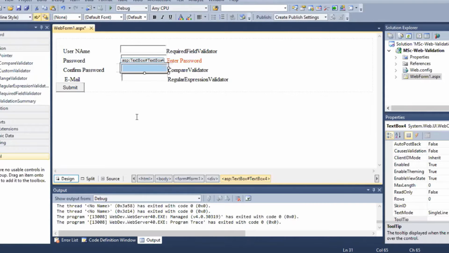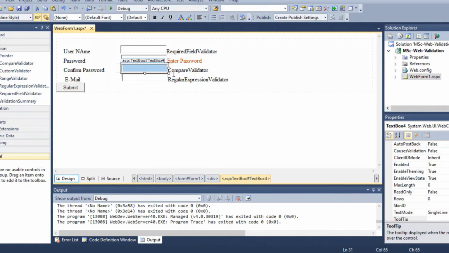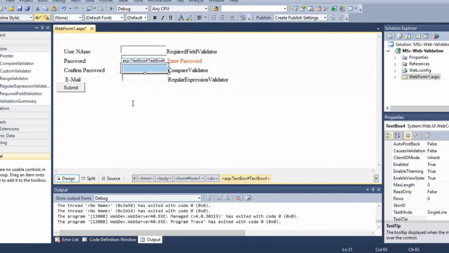Okay, I have created a web page, and this web page contains various controls with the validations, and I have also applied the various validations like required field validation, compare validation, and regular expression validator, and so on. So let us start from the beginning, how to add the web form and how to apply all these validations to the form. First I will start from the beginning, then I will explain all these things.